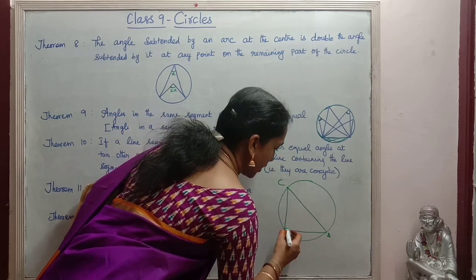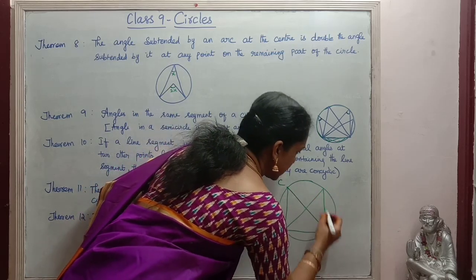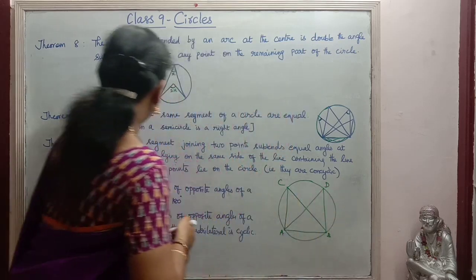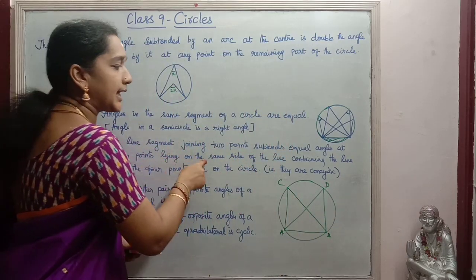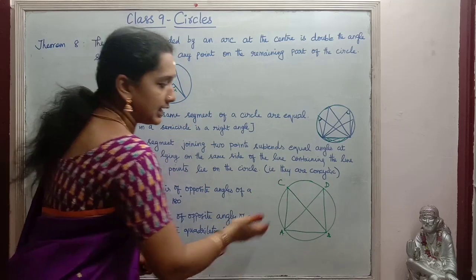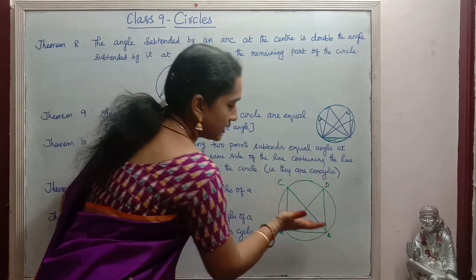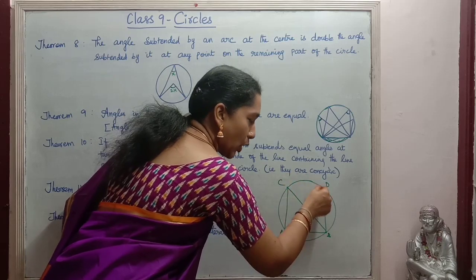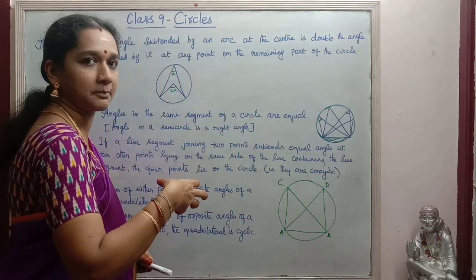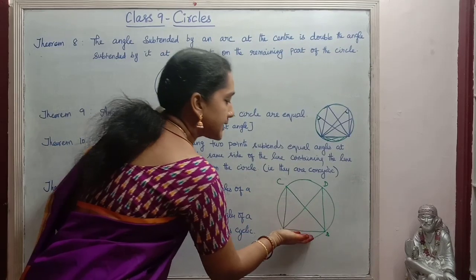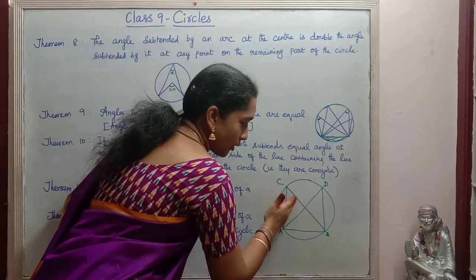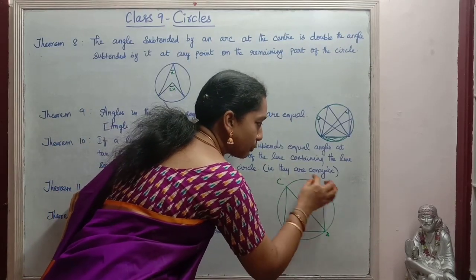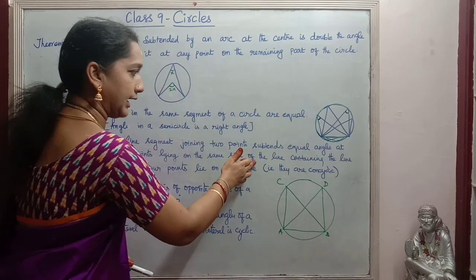so this is another point and this one is the other point D, 2 other points lying on the same side of the line. This is the line segment, so we are getting 2 angles at 2 points. At 2 points angles are subtended, on the same side of the line, not on the opposite side. Those 2 points should be on the same side of the line